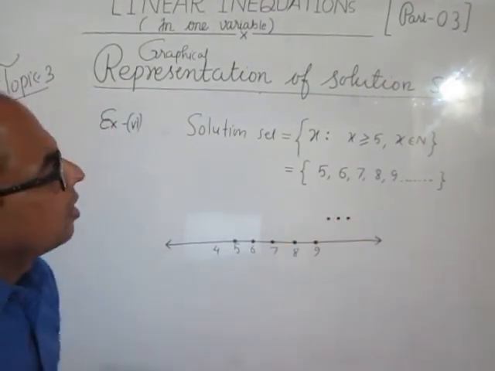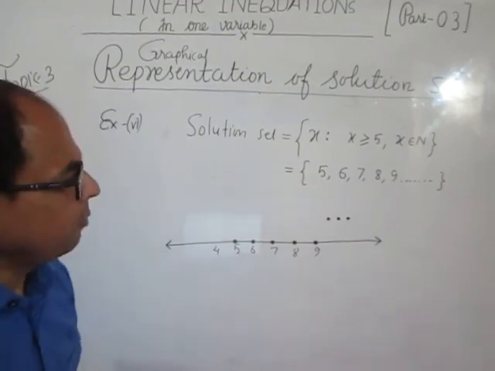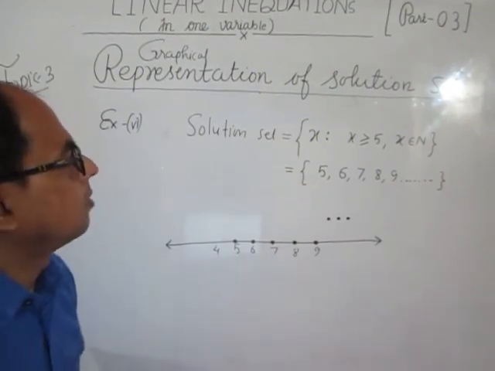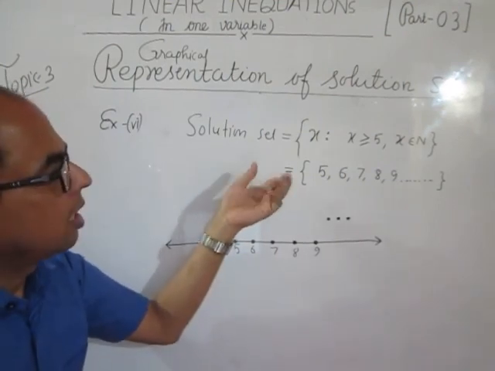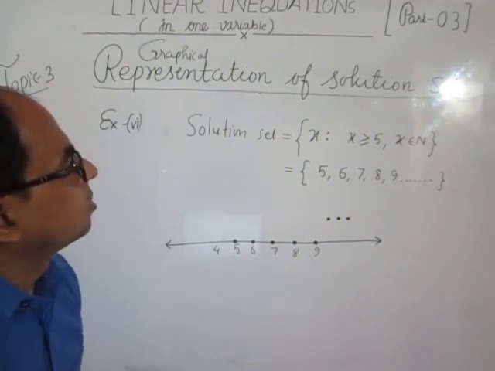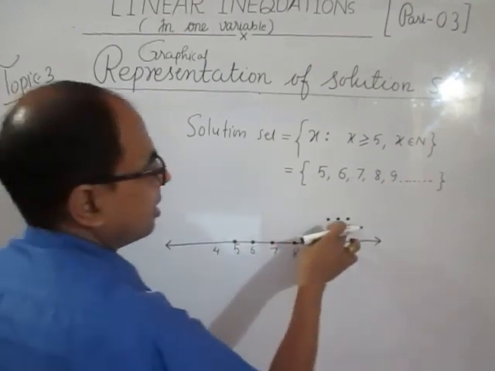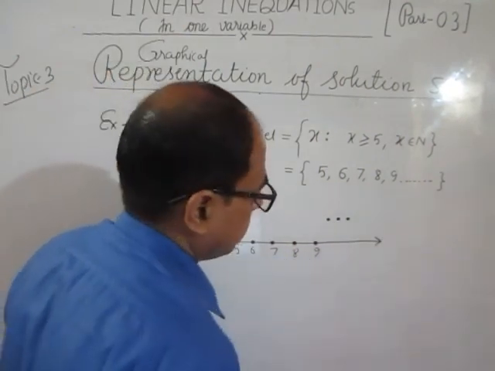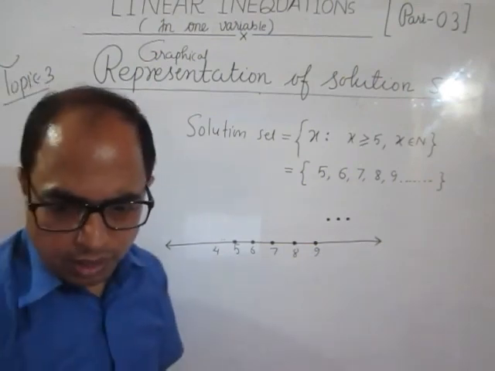Clear? Now you will get this type of situation rarely. Very few questions I have found with this type of solution set. Very few. So rarely you will get this type of situation, but if it comes in the solution, then you can represent it in this way. These 3 points indicate that after 9 also many natural numbers are there. Now let us consider